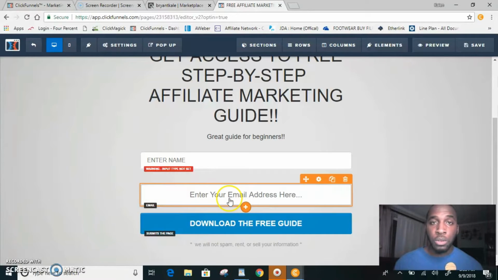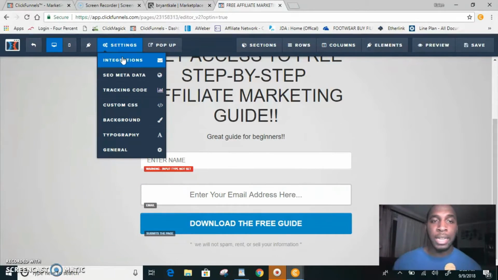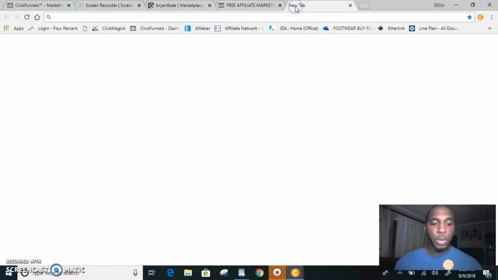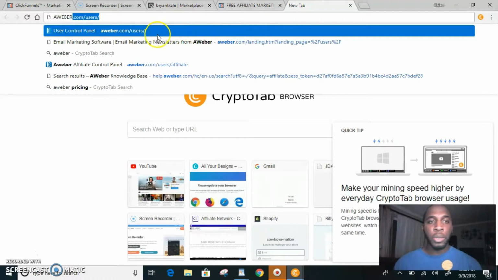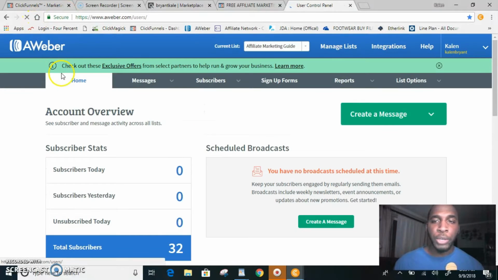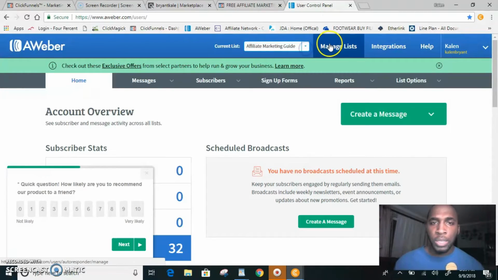So you also want to integrate an autoresponder. So settings, integration. I use Aweber. Aweber is a really good email autoresponder. If you want to use it, get Aweber, that link will be in the description too. Also, go to aweber.com and create an account, sign up for them, and then what you'll do is you will